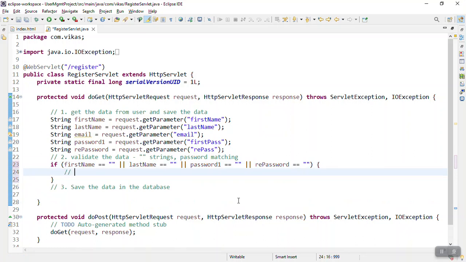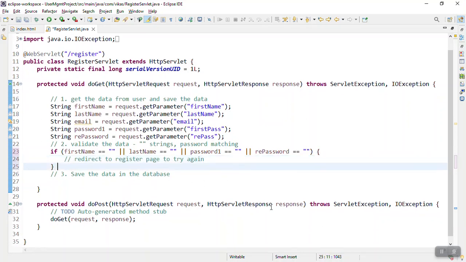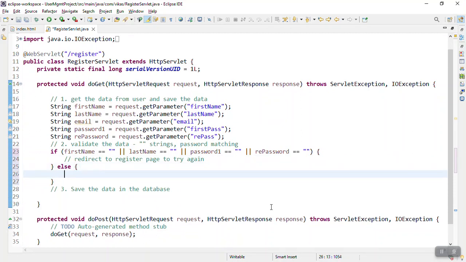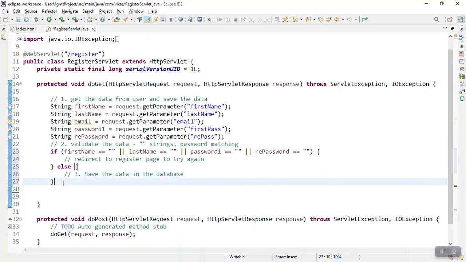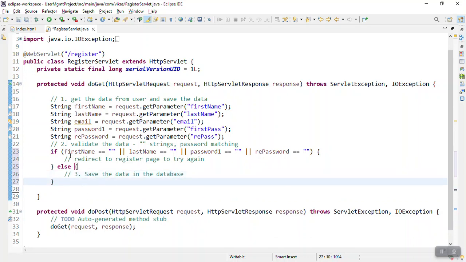So let me just write it as redirect to register page to try again. Okay, so that is what we want to do. Okay, else what we have to do, else we have to do the third step. Okay, something like this. So it is like if the validation is successful, in the sense if the empty strings are not entered by anyone, then only we have to allow that to be saved in the database. Okay,